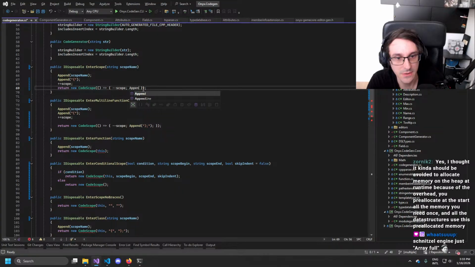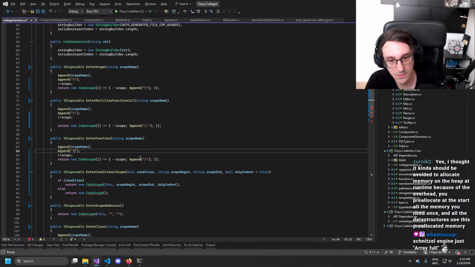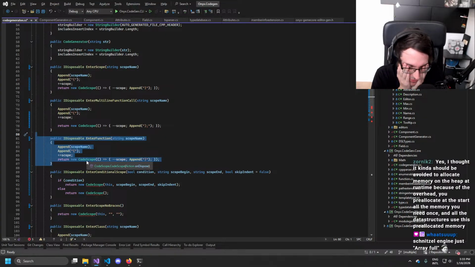Plus here append that at the end. Then enter function is basically that, but with those ones. No, with those ones. But why is it then? Why did I do that? Enter function. I think it was just for the sake of clarity.